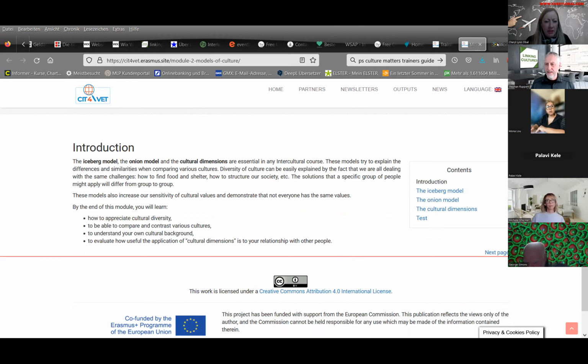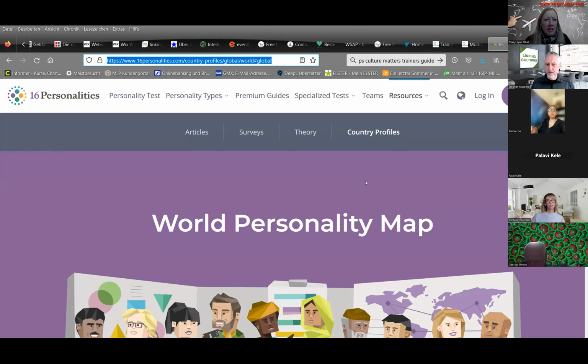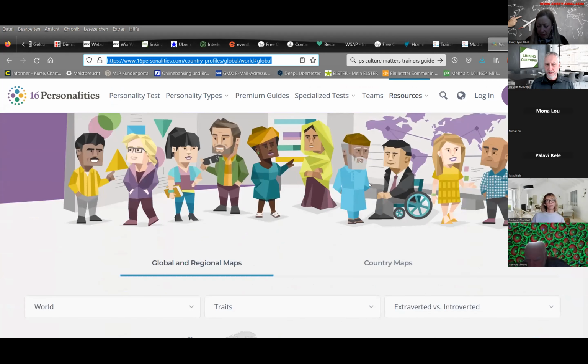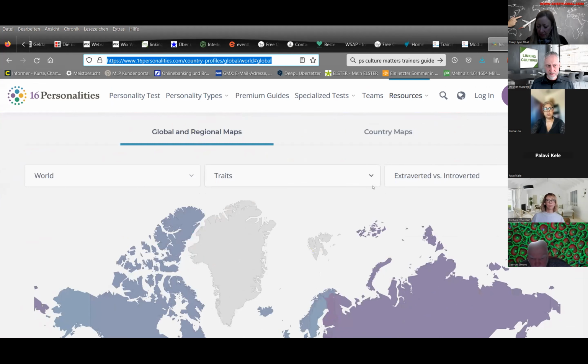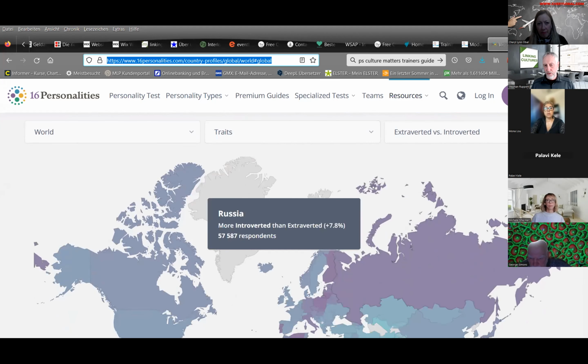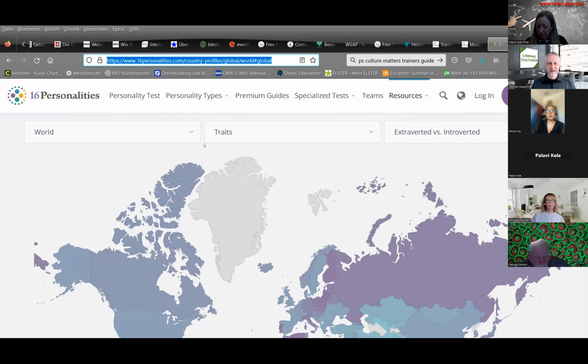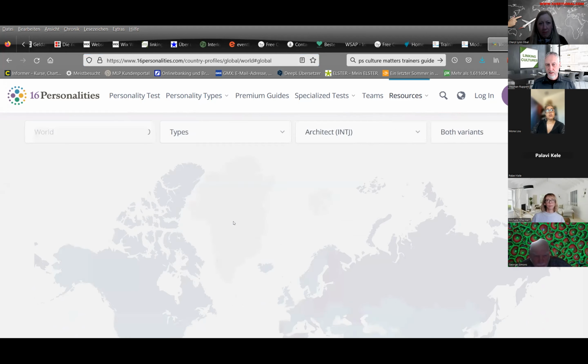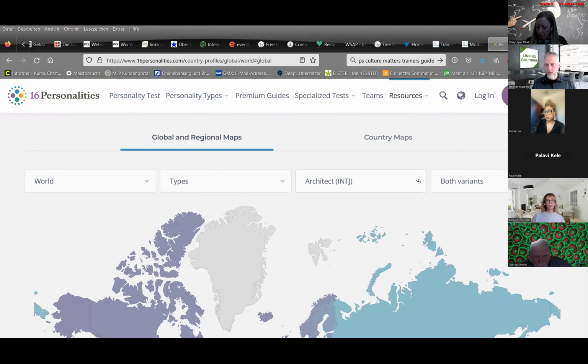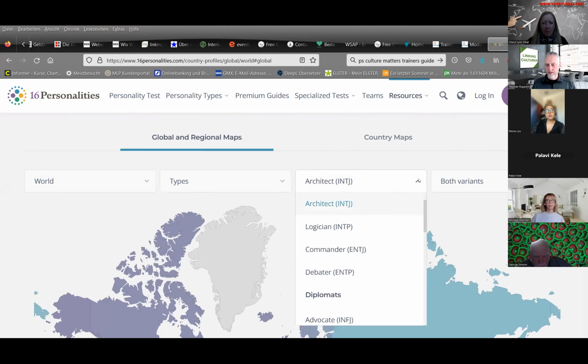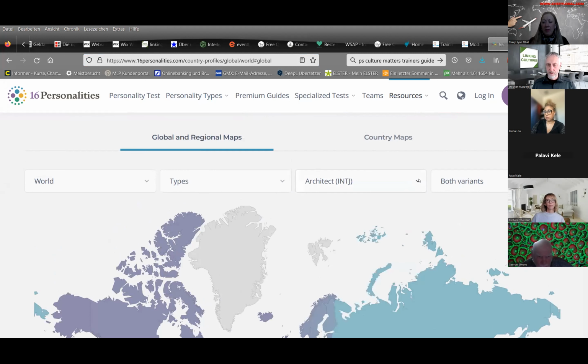And then the last one I just discovered recently is this World Personality Map. So here you find maps about different personality types. Of course, first of all, you have to like this idea of personality types and personality tests and whatever. If you don't like this, you should not check out the site. And then you get these world maps about different traits, different roles, different strategies, different types. For example, here you have the different types. They call them, some of you might know this, like the diplomat, the architect, the logician, whatever.